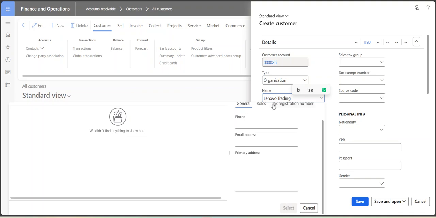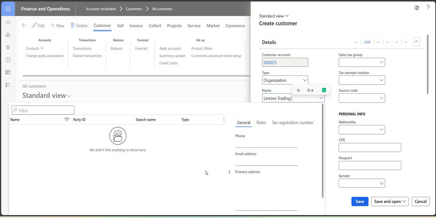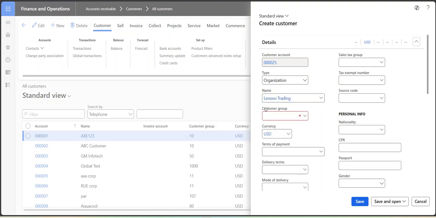Currently, when I'm typing, you can see there is no record available, so it means this is a master we are seeing for the first time. Now I have typed Lenovo Trading